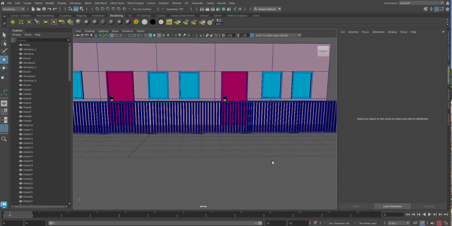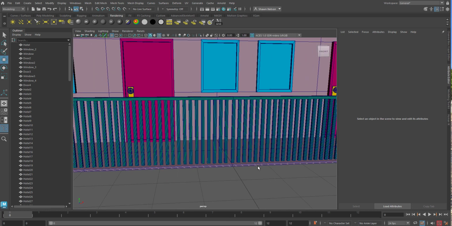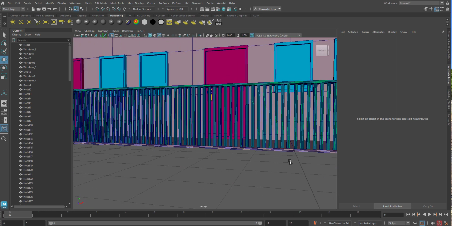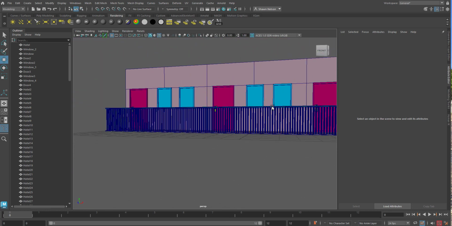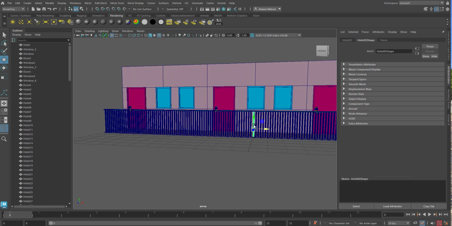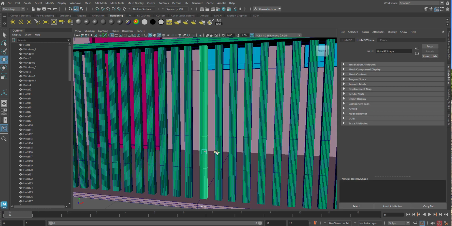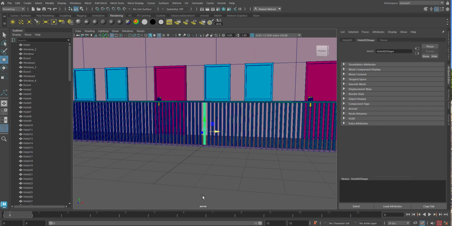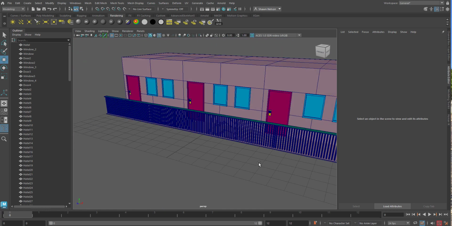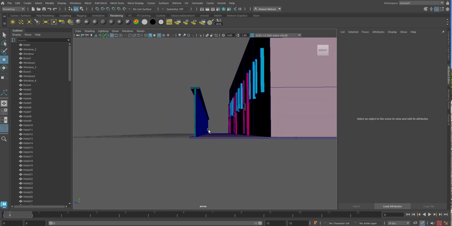Oh, this one's going to bother me. I have one that I didn't do right. This one. I'll move that over just a tiny bit. Maybe you won't notice. That's pretty good. Okay. So now I have all my fence posts. So I'm going to select all these